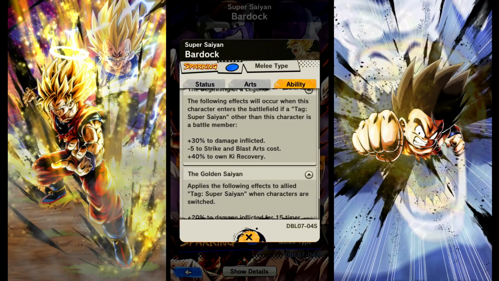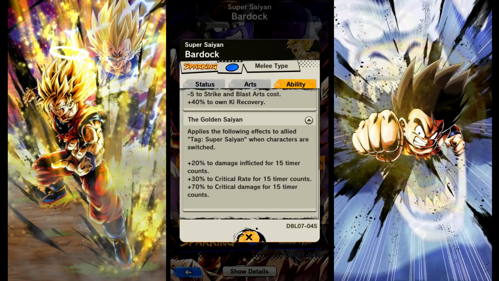But again, you have to get that perfect matchup where you can allow yourself to bring these specific champs, right? Otherwise, you're downgrading your whole team just to satisfy one unit. And he does kind of re-upgrade them with the Golden Saiyan, right? So your allies get 20% to damage inflicted if you switch out from Bardock to them, 30% critical, and 70% to critical damage, which is fine, but I don't think this is worth losing the immediate buffs that you get